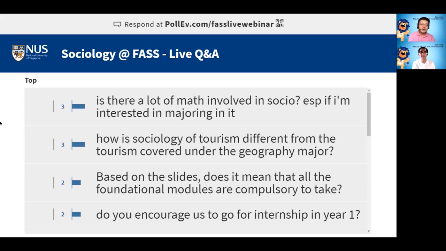So I'll say that for tourism, it's the same thing, right? The geographers will look at the spatial dimension first, and then move into the social and the people aspect of it. Whereas for sociologists, we start with the people first. Like, why do people want to go do tourism in the first place? What is the thrill? And why choose this particular tourist place over the other one? And how are these tourist experiences constructed for them, and what are the identities that follow, and so on. So we're talking about the people, rather than just a space. But we do end up talking about space in the end. So there's a kind of convergence there.